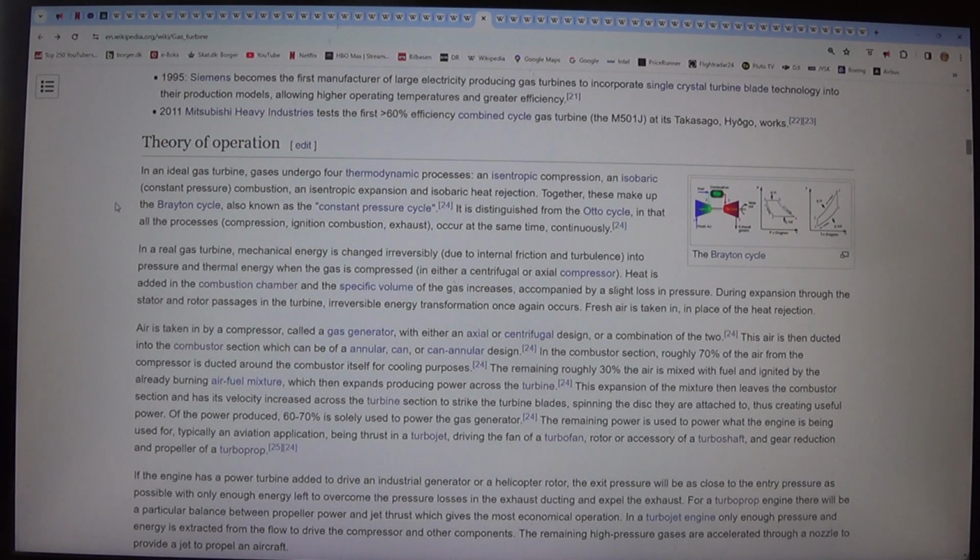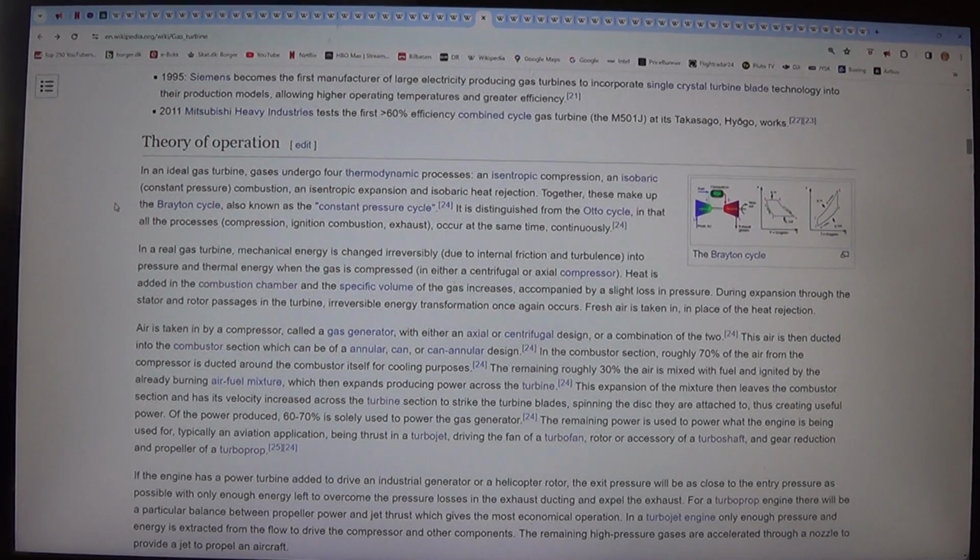Theory of operation. In an ideal gas turbine, gases undergo four thermodynamic processes: isentropic compression, isobaric (constant pressure) combustion, isentropic expansion and isobaric heat rejection. Together, these make up the Brayton cycle, also known as the constant pressure cycle. It is distinguished from the Otto cycle in that all the processes, compression, ignition, combustion, exhaust, occur at the same